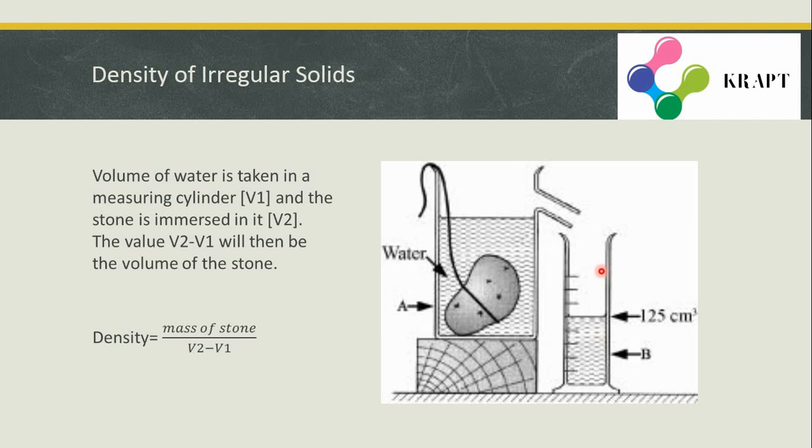Here, we can keep another measuring cylinder and get to know about the volume. Here it is shown as 125 centimeter cube, and then we can find mass of the stone by a beam balance. And we know density is equal to mass by volume, which is equal to mass you will get divided by 125 centimeter cube. Another way is by just using a measuring cylinder, we can tie a thread and keep it to a certain level, and when we dip the stone inside, the value will go up. The first value is to be kept as V1 and second value is to be kept as V2. Then we can write mass by V2 minus V1, which will get mass by volume, which is same.